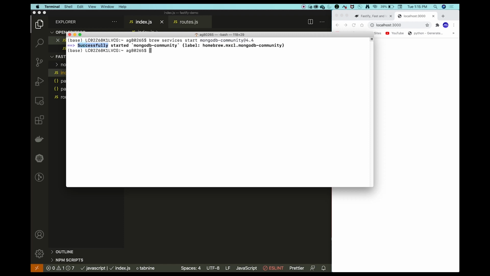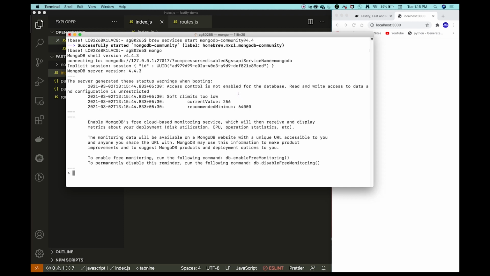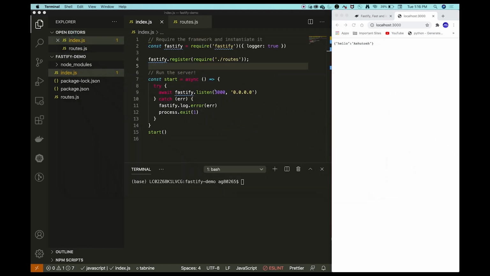It will tell you that it has successfully started the MongoDB. If you want to double check, then you can run the command mongo, and with that you will be able to access the shell of MongoDB. Hence we understand that our MongoDB is running perfectly fine, and we can write code to connect to our MongoDB in our backend server.